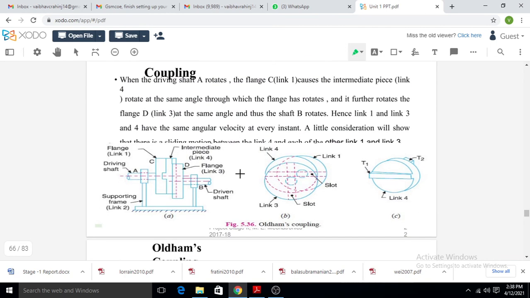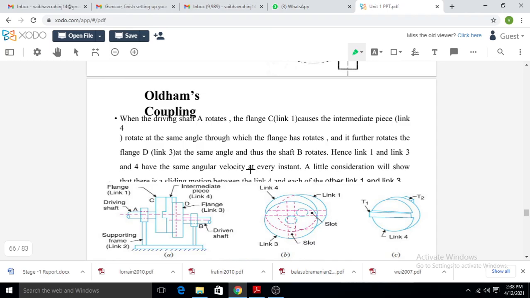Next example of the double slider mechanism is the Oldham coupling. We know that an Oldham coupling is used to connect 2 shafts whose centers are at some distance from each other, means when the centers of the 2 shafts do not match. In such a condition, to transfer the motion from one shaft to the other shaft whose centers are not coincident, an Oldham coupling is used.